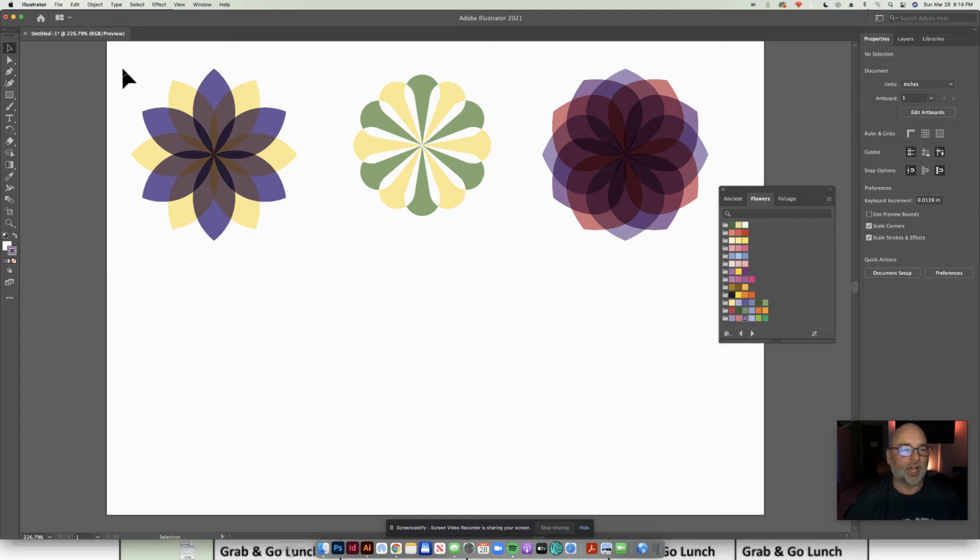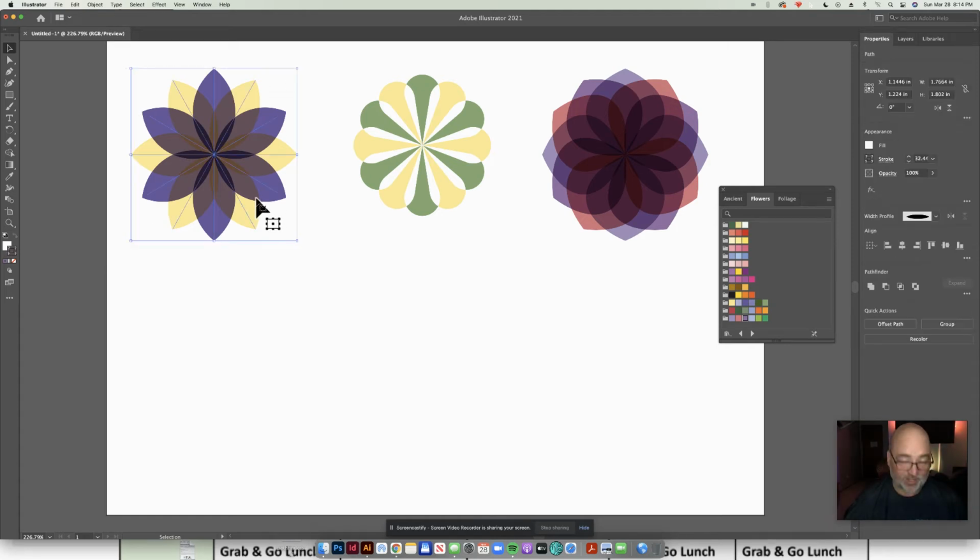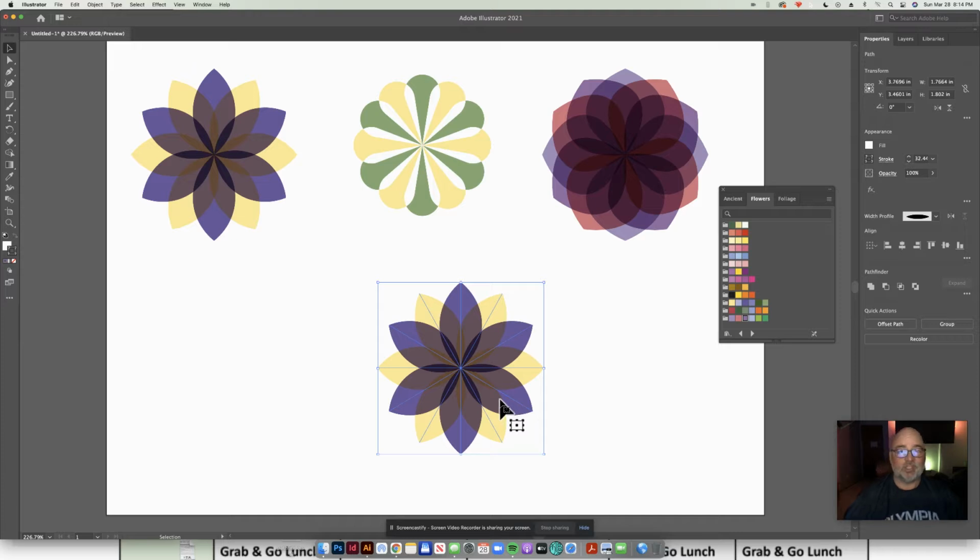Let's do one more flower here. So I'm going to go ahead and make another copy. And again, I'm just making the copies there because you just do it one time and then you can fully transform and change it any way that you want to. So I'll have this guy right there, and I'll do color change again so the colors look a little bit different. So let's go